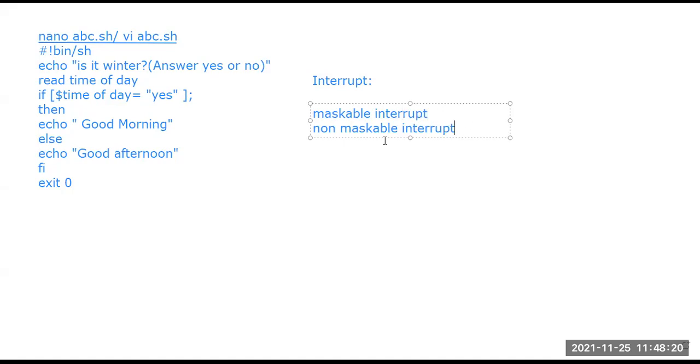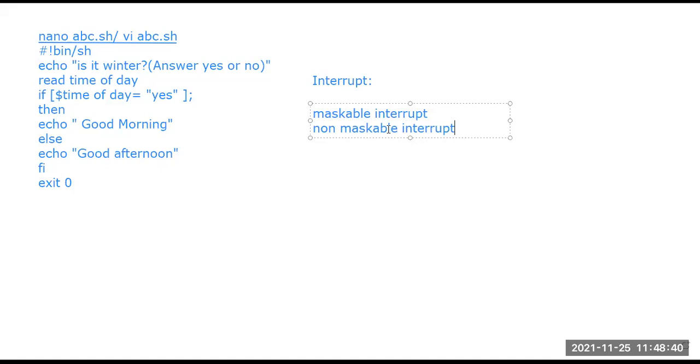Maskable interrupt and non-maskable interrupt, these two things. When a maskable interrupt occurs, it can be ignored, meaning we can hold it for some time and handle it at a later time. It does not have such urgent priority, but it has a priority.